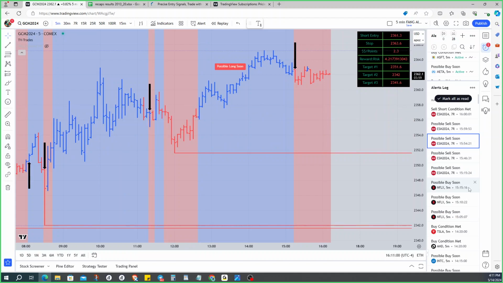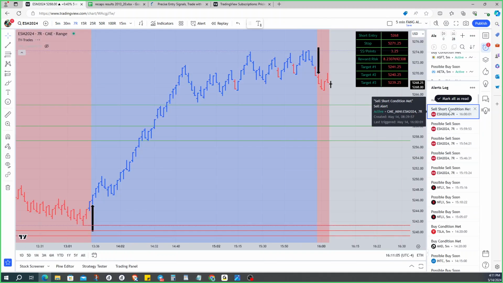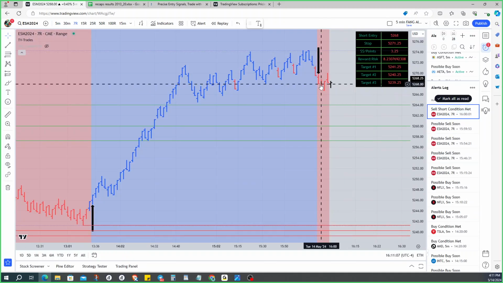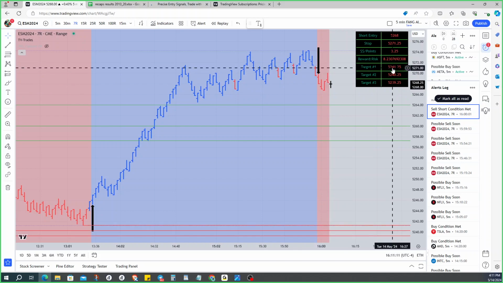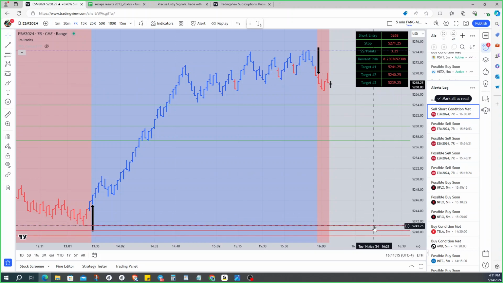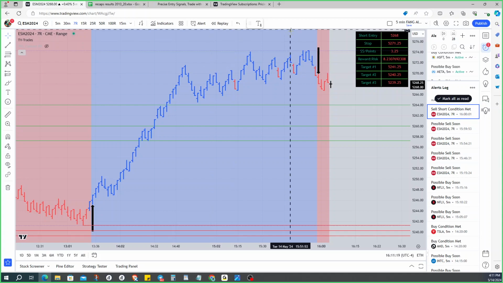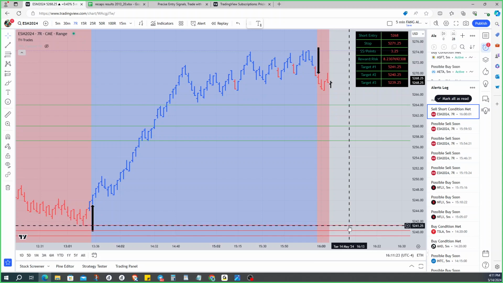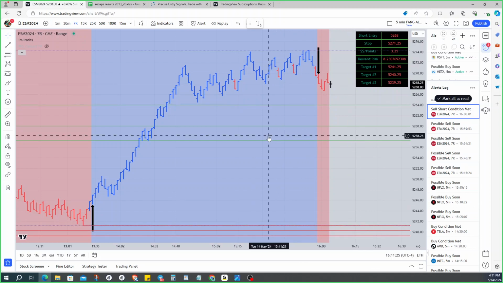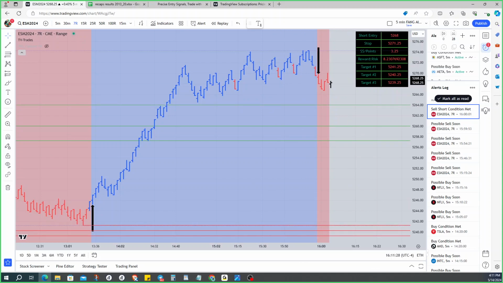All right, we just had a short on the ES right here, a short condition met on the ES. Let's go see what that's done. So far the short condition on the ES has moved into profit some. The stop is going to be right up here. The first target on that is 5241.25, way down here. So, I mean, this time of the day, I would say when the European markets open up and we look at the PPI numbers that we have, that may make a change like that. But,